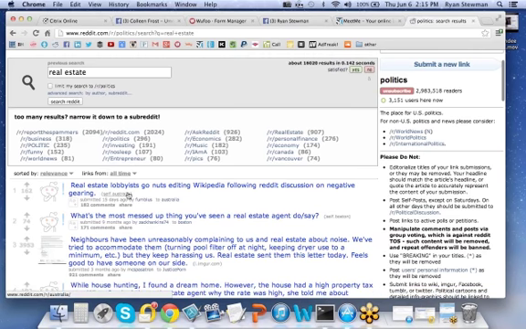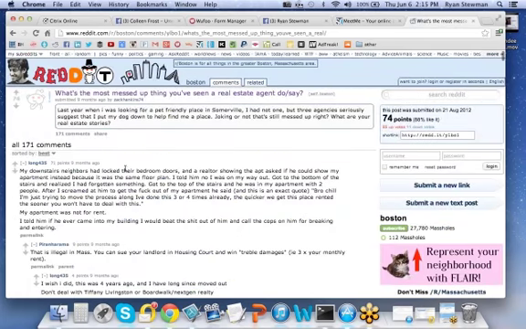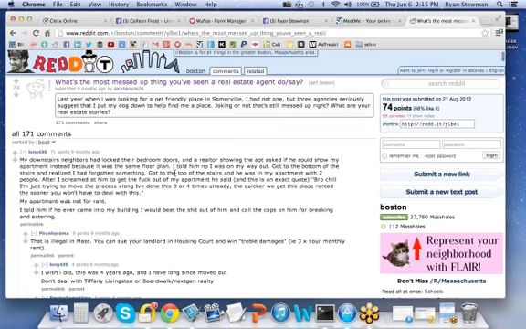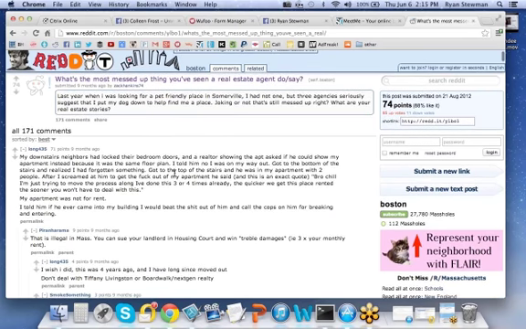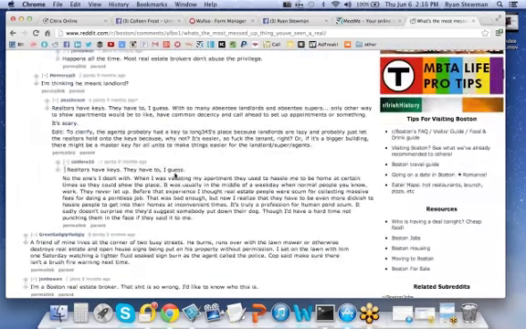Real estate lobbyists go nuts editing Wikipedia following Reddit discussion on negative gearing. What's the most messed up thing you've seen a real estate agent do or say? So there, let's just take a look in here real quick. My downstairs neighbors locked their bedroom's door. Realtor showed an apartment, asked if she could show my apartment instead if it was the same floor plan. Right, that's hilarious. So I'm sure, just knowing how smart asses people are on Reddit, that this right here, and again, I'm going to drop this in my